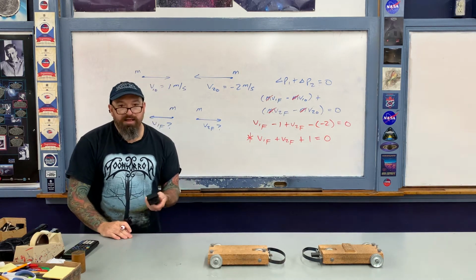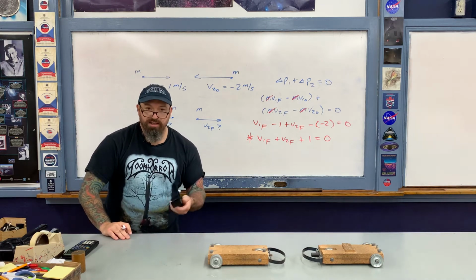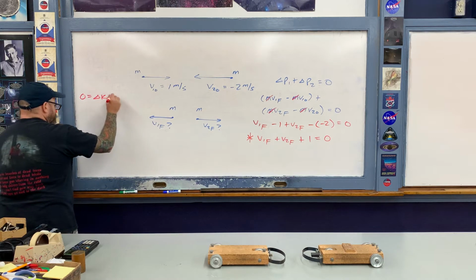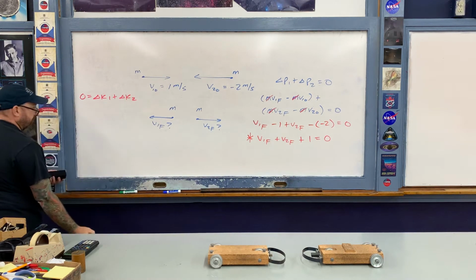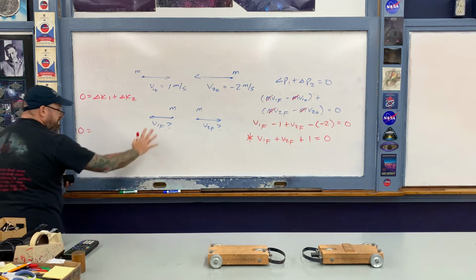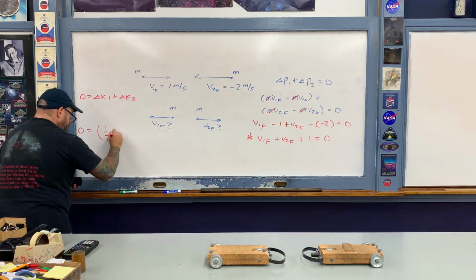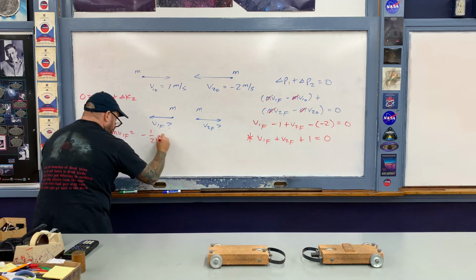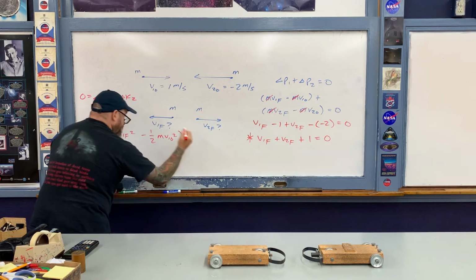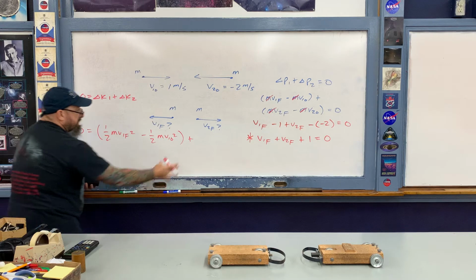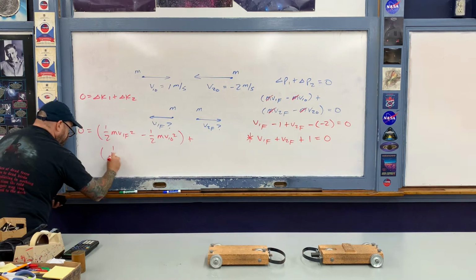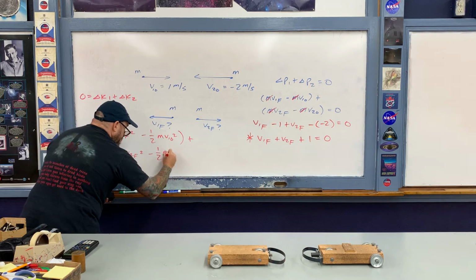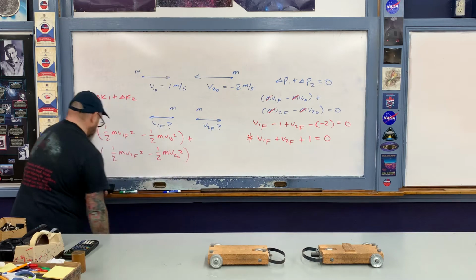Okay, we'll do the same thing now with the elastic approximation, which is the conservation of kinetic energy equation. So now we have 0 equals delta K1 plus delta K2, and then once again we just start filling in our terms. So first of all, the final kinetic energy of number 1, half m v1 final squared, minus the initial up here before the collision, 1 half m v1 naught squared, and then the change in kinetic energy of object number 2. So final kinetic energy here after the collision, 1 half m v2 final squared, and then minus the initial, which is once again not 0, but 1 half m v2 naught squared, like so, and then equals